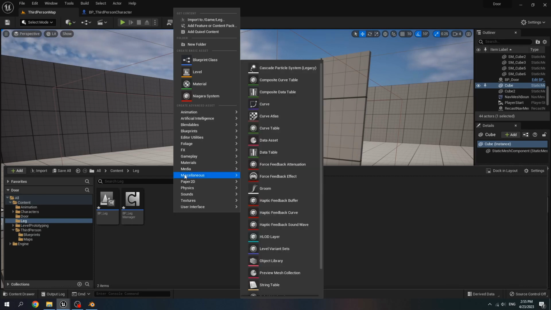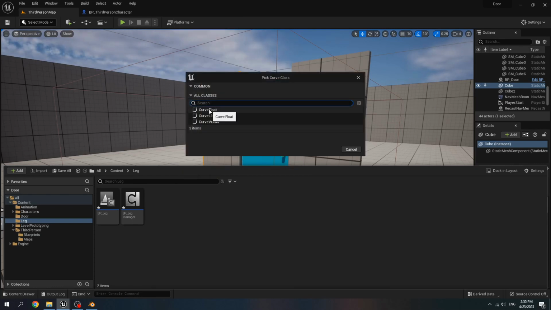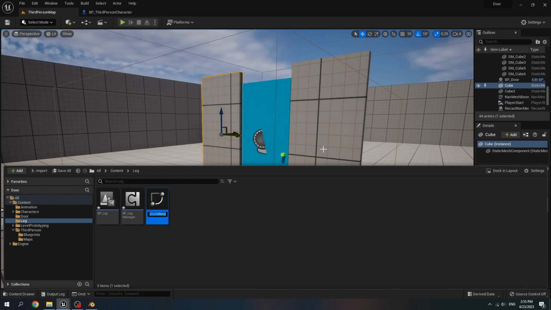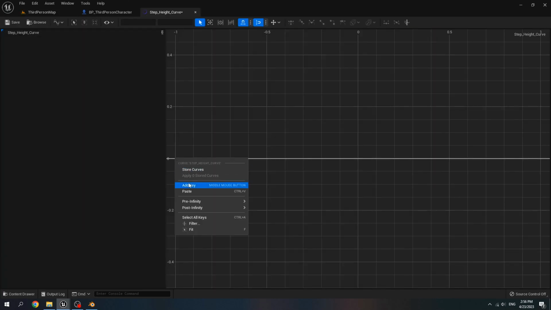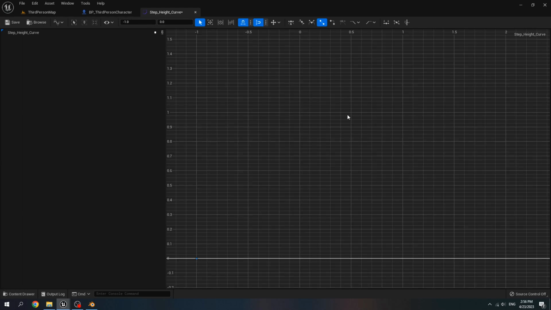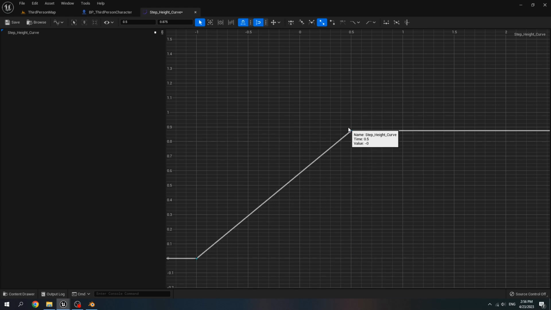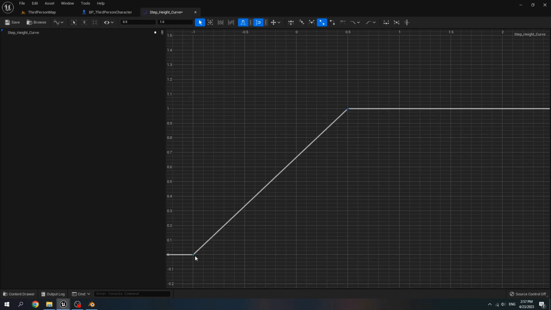Right click on miscellaneous, click on curve, select curve float and select. Name it step height curve. Open it, right click, add key, and when its y-axis is 1, right click, add key, move it up to 1.